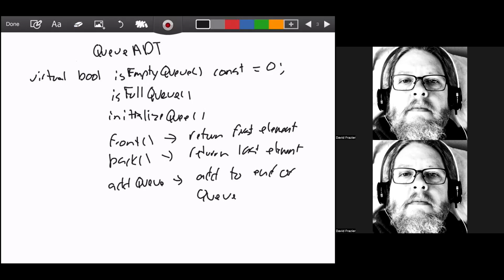And then finally we have a delete queue, which will remove from the front of the queue. So that's the basic idea there. Again, for this operation